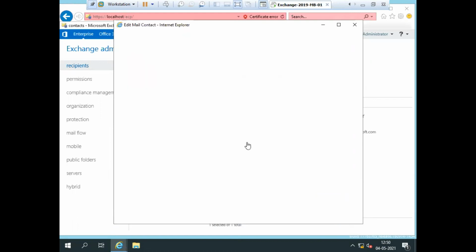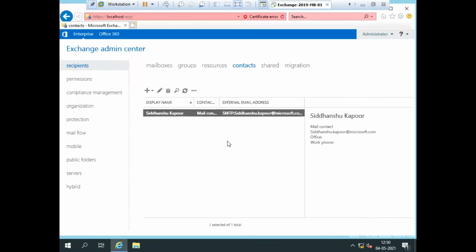Now let's talk about the other type, known as mail enabled user. A mail user is a user with an account in Active Directory. So if I create a mail user, it means that this user has an account in my Active Directory. He has mailboxes also, but we can configure external email addresses in this kind of mail user. The difference between mail contact and mail user is that a mail contact doesn't have an Active Directory user account. He is an external user who is not working in my organization.